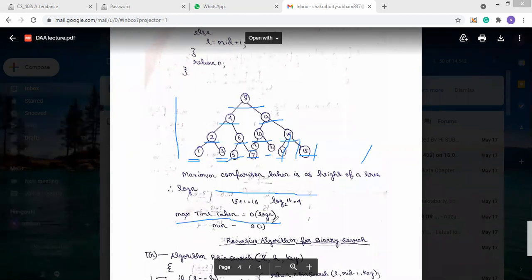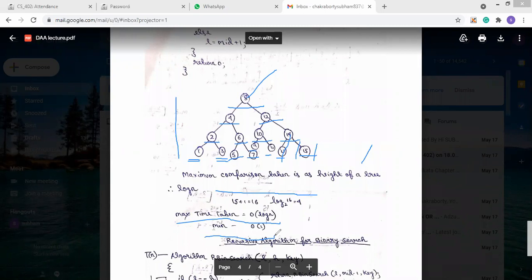And what will be the minimum? If the value is present in the middle position, then only in one comparison we are able to get the value. So that's why we can say that the minimum time taken will be in the order of 1. Clear?